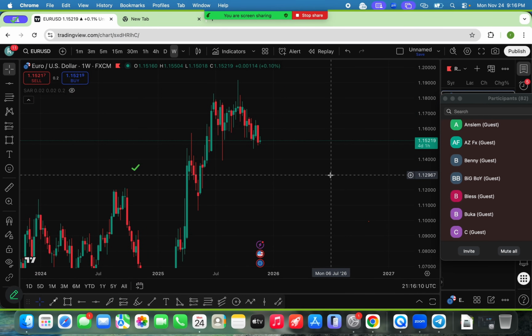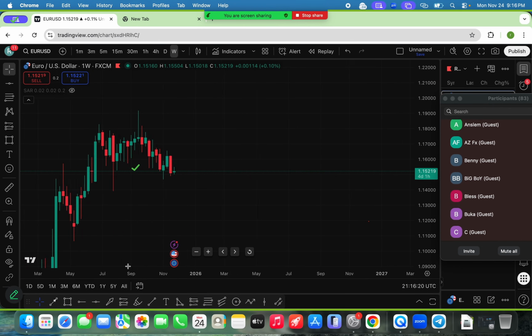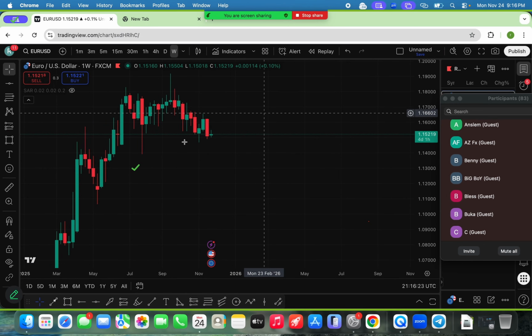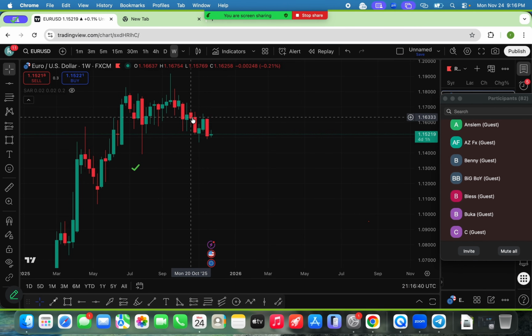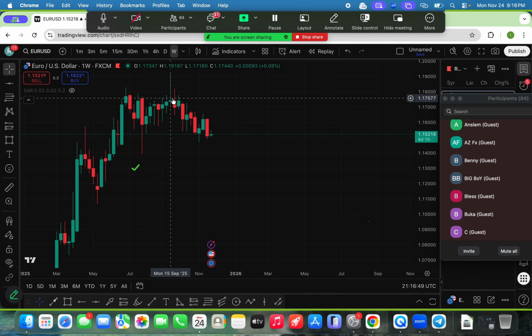Good. So when you're finding your turning point in the weekly time frame, it doesn't have to be much. Because in the weekly time frame, every candlestick you see here that has fully formed was formed in a week's time. If I go into the daily time frame, any candlestick you see there was formed in 24 hours. When I go into the 4 hour time frame, every candlestick you see there was formed in 4 hours' time.